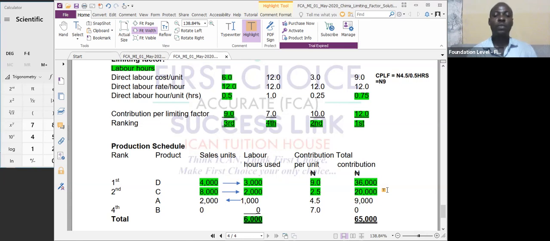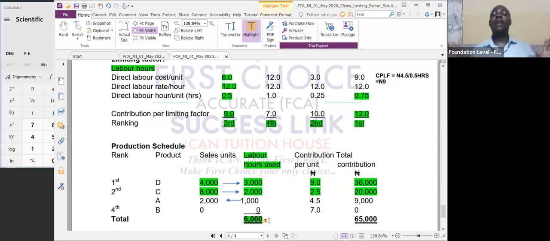Okay, so we've done product D, spending 3,000 hours. That's the major thing because we'll be looking at the hours, which is the principal budget factor, the limiting factor is the hours. Forget about the contribution, it's not as important as the labor hours because this is our limiting factor. So that is why we are concentrating. We don't want to use more than 6,000 hours. So we use 3,000 hours for product D. We are now adding 2,000 hours for product C. Make it 5,000 hours. If you remove it from 6,000, 1,000 hours